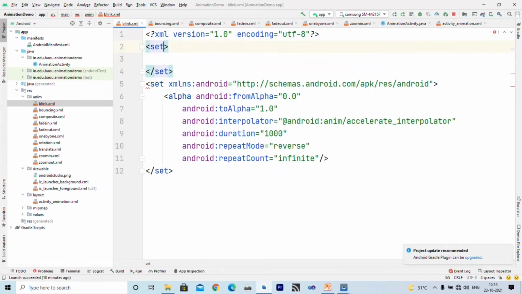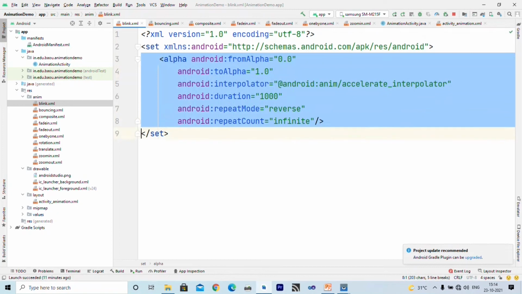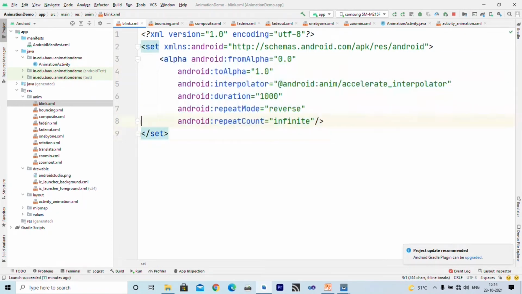So it will specify animation. Now in blink, what we want to do is change transparency. Initially transparency is 0, that means the image is not visible. So from alpha specify transparency as 0, it means my image is completely transparent and not visible on the screen.